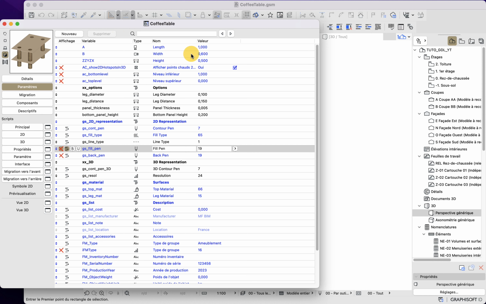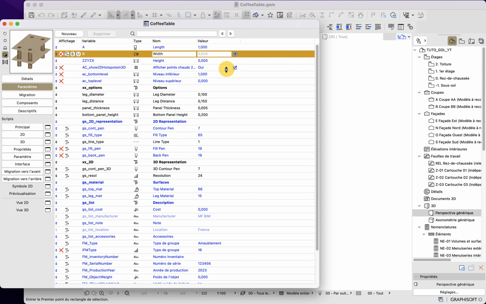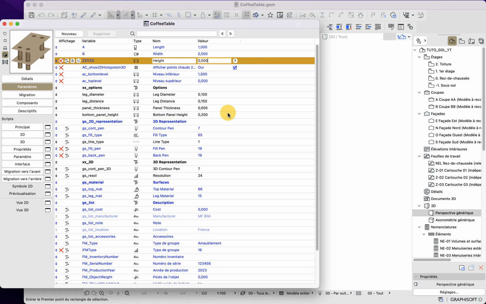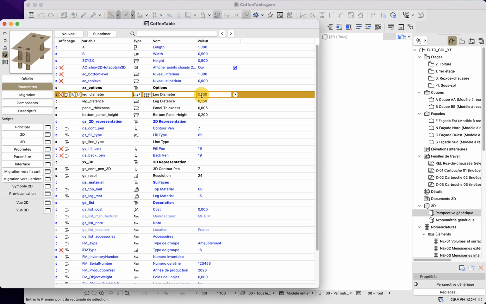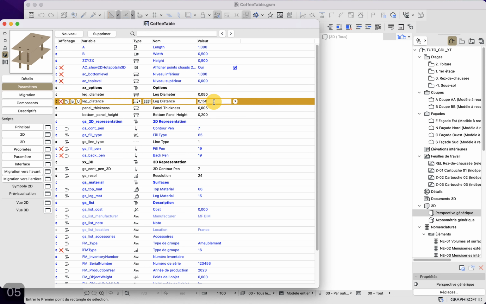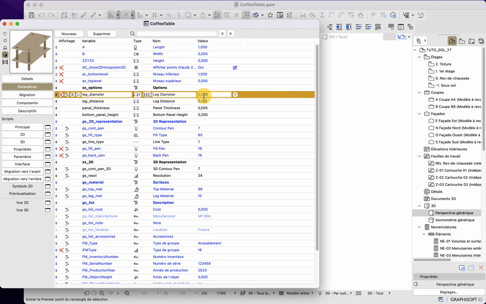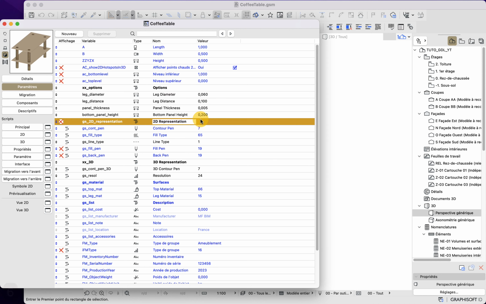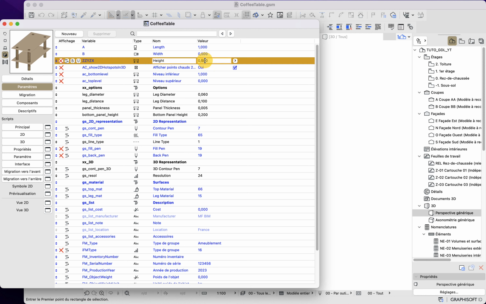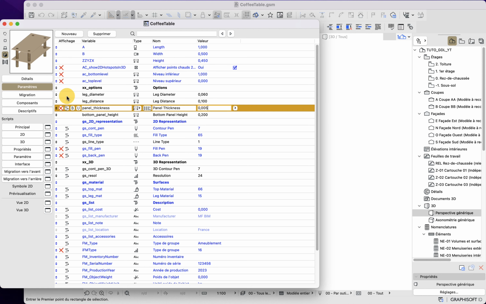First and foremost, I will put some default values that look a bit better than these here. So here I will put 500, and the height here will be okay. For the leg diameter, we will go a bit lower. And for the leg distance, for example, we will put 1, so it is a bit more spaced. For the diameter, 6 should be a bit better. I will put it at 450, so it looks good. So for my attributes, all is okay.